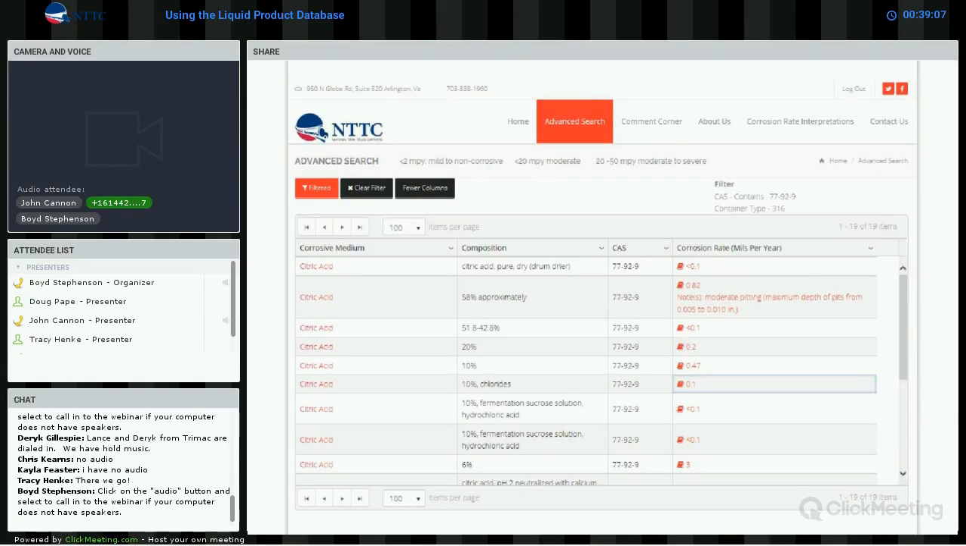Take a deep breath before you accept that load, because moderate pitting is what causes problems in 316 stainless. General corrosion is something to keep an eye on, but usually in 316 stainless, pits are what come to bite you. So if there's moderate pitting, be careful. Now, the reason I picked citric acid here is to show you the next feature in the